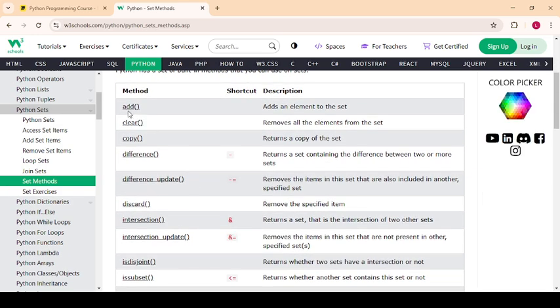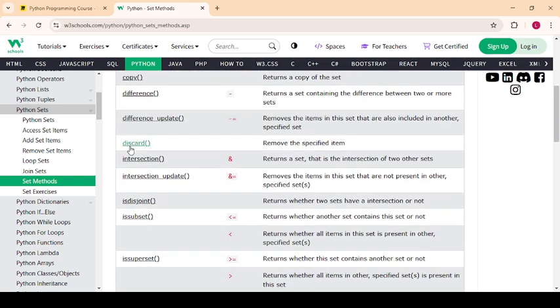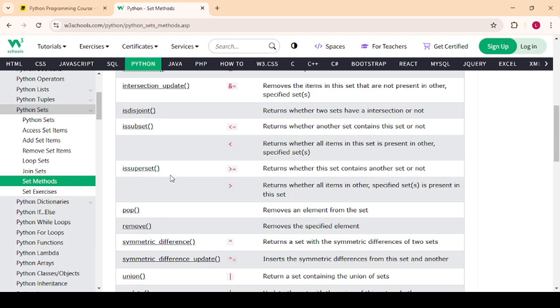Here you will see the add method. I have shown it, clear method, copy method, difference method. Discard method, we have done it. Intersection method, intersection update method, isdisjoint method, issubset method, pop method. With the pop method, we are removing an item from a set in a random manner.